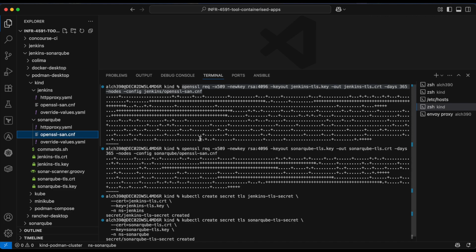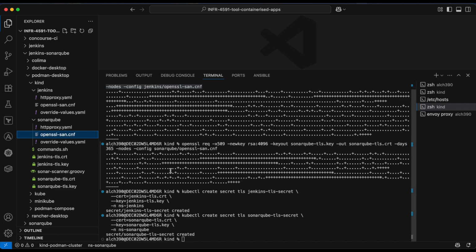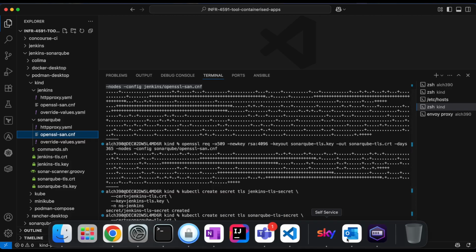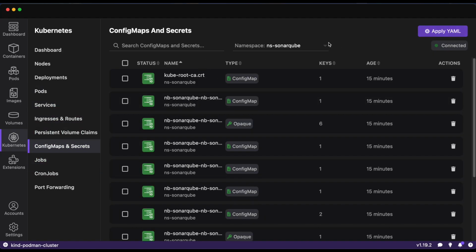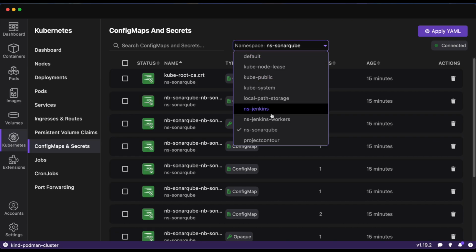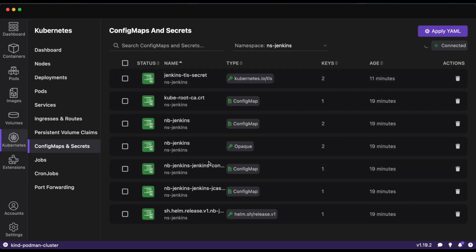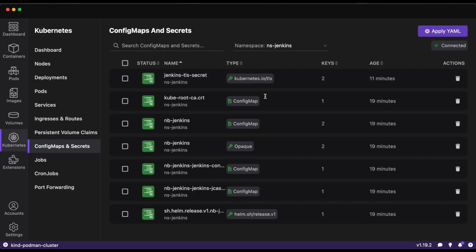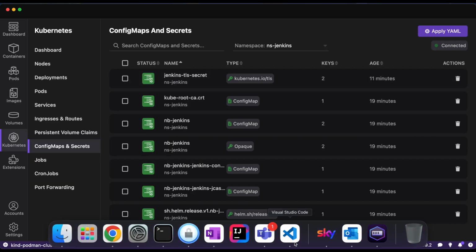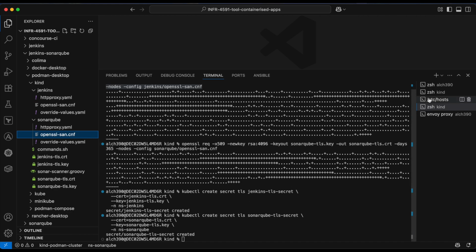Once the certificate and key files are generated, I created the Kubernetes secret to store the Jenkins certificate and key, and similarly for the SonarQube certificate and key. You can see here in the config maps and secrets. I will select the NS Jenkins, and as you can see, the Jenkins TLS certificate has been created. Once the TLS certificates are created, then I